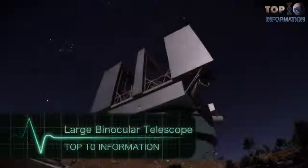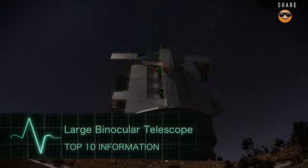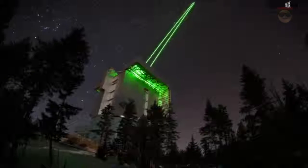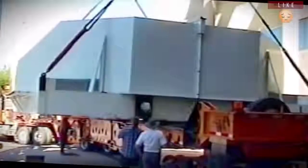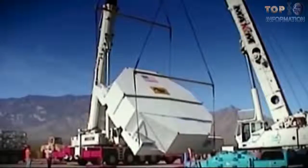Number 5. Large binocular telescope. For a viewing device that peers out into deep space, the world's largest mirror telescope needed to take a very earthbound road trip before taking its seat on the mountaintop where it is today. Now glimmering on top of Emerald Peak in Arizona, the telescope's 30-foot-long mirror required nearly half a year of planning and a week of travel to get to the top of the